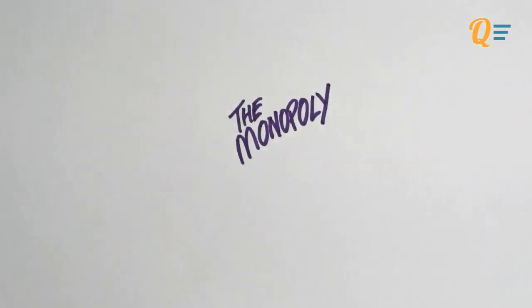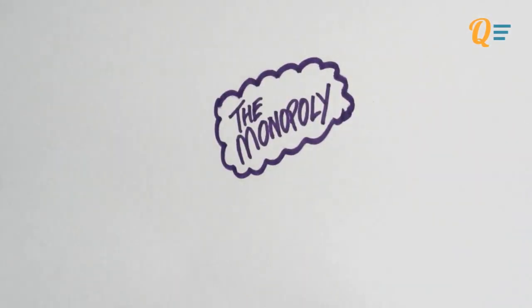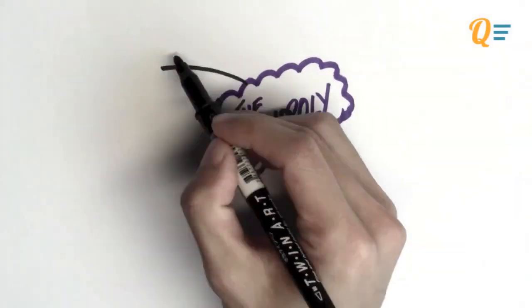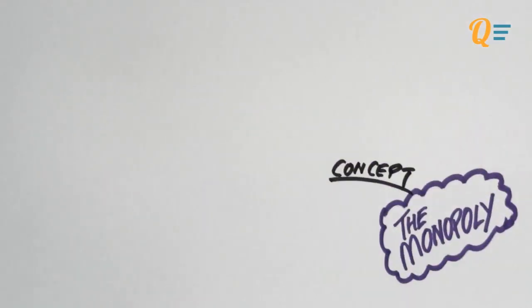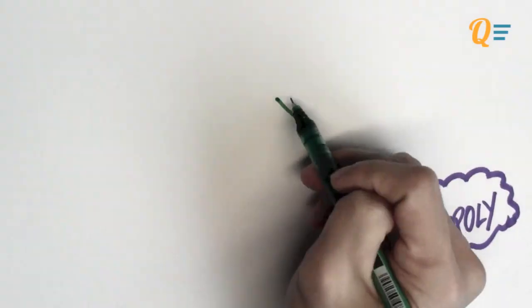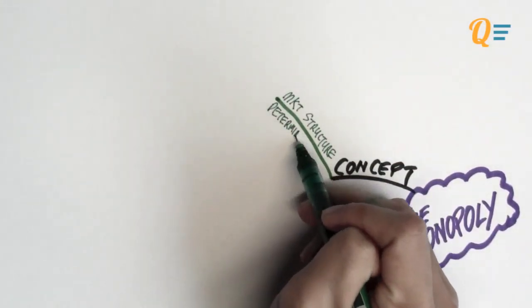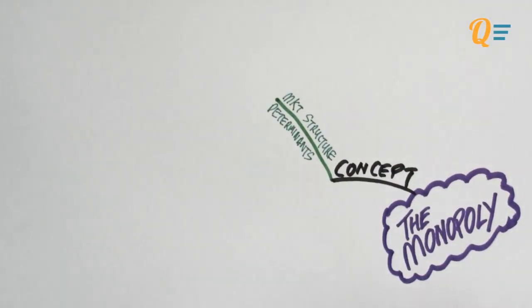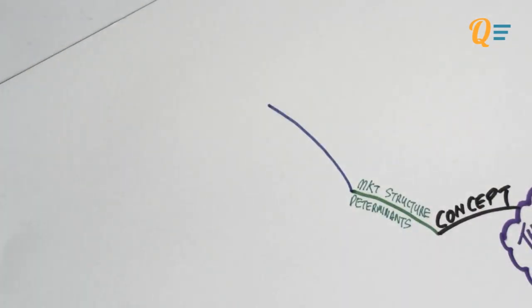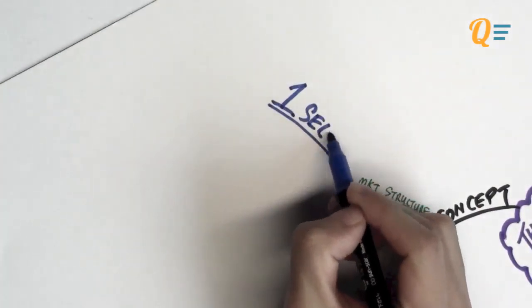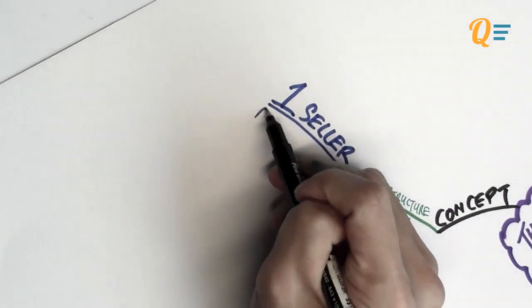In our opinion, the monopoly is the most interesting market structure that you can find in chapter 4. So let's begin with a few concepts and recapping a few things that we learned in the previous video. Let's look at what are the market structure determinants that determine that a firm is indeed a monopolist in this market. The most obvious fact of a monopoly is that it is the only seller in the market that is